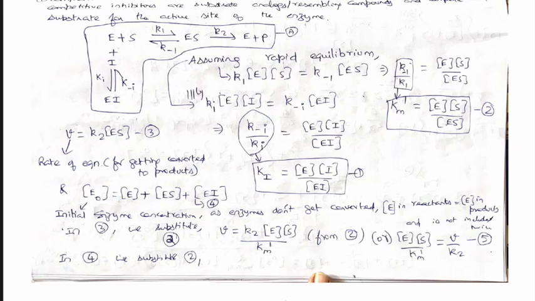Hello friends, in this video we are going to see about types of inhibition. The first inhibition is competitive inhibition. Competitive inhibitors are substrate analogues, the compounds which resemble the substrate and they compete with the substrate for the active site